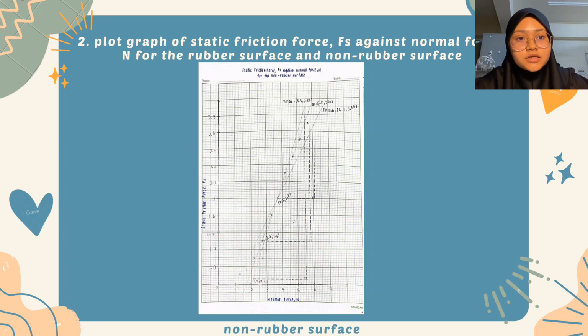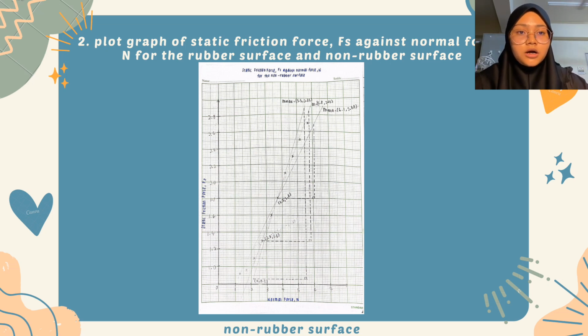Okay, and after that, the second step is you have to find the maximum point, minimum point, and the middle point. After you have found the maximum point, the minimum point, and the middle point, you have to find the gradient of the best fit line. We use the formula m equals y2 minus y1 divided by x2 minus x1,